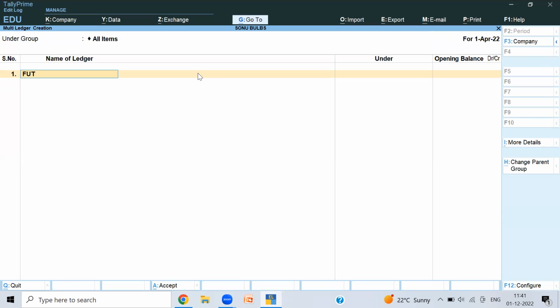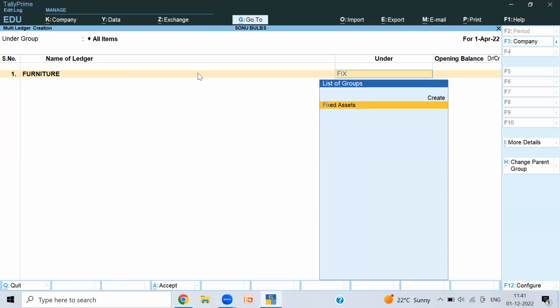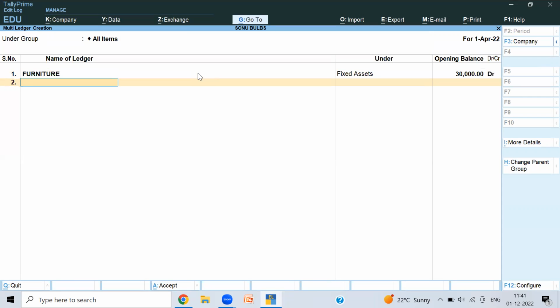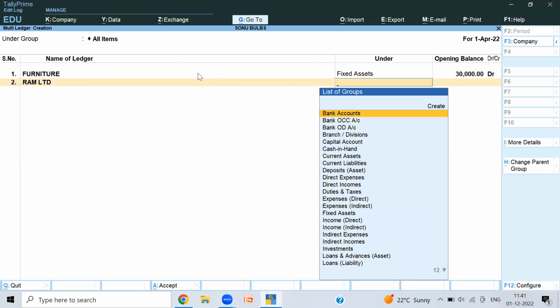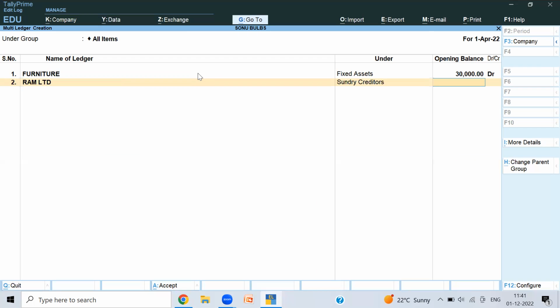Like furniture, which will be under fixed assets, supposedly 30,000. Then Ram Limited, which is your sundry creditor, 1 lakh,